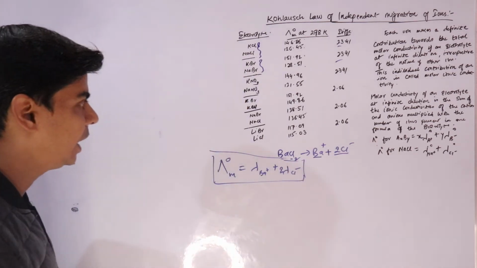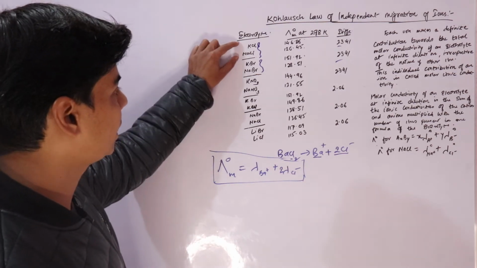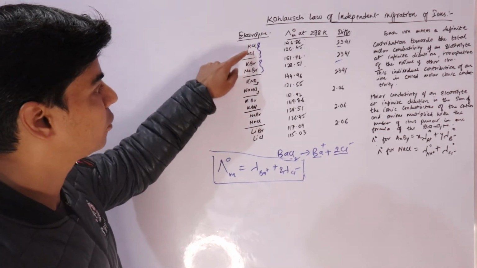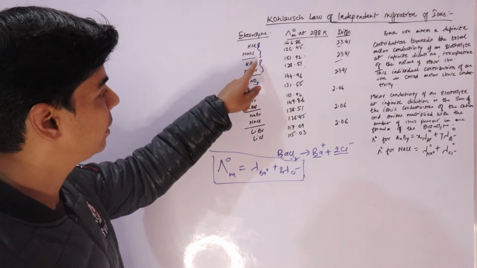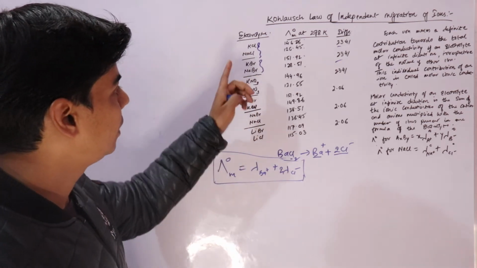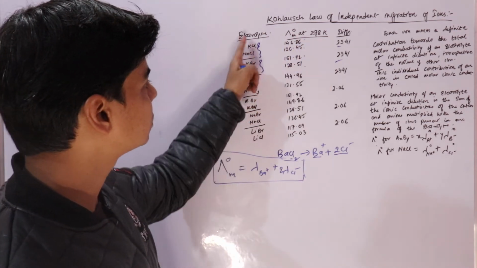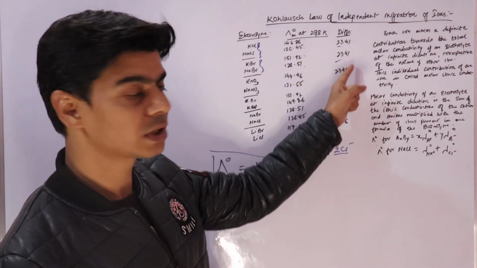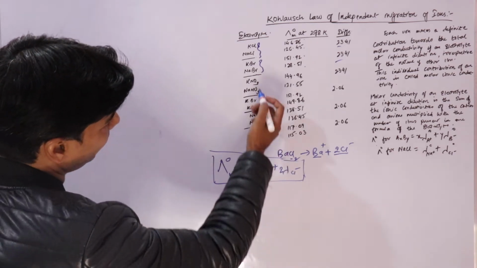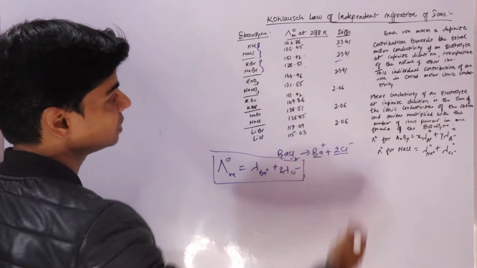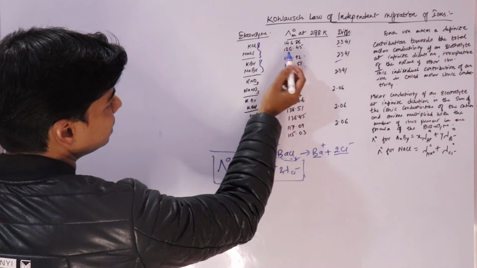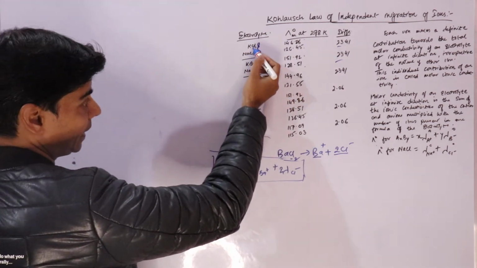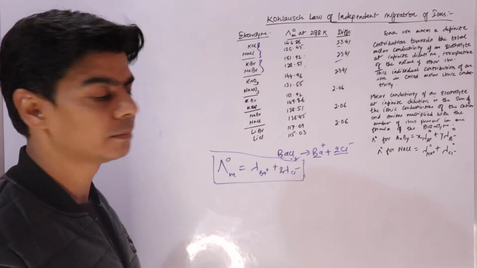So this is what Kohlrausch said. And he studied pairs of electrolytes like potassium chloride and sodium bromide, possessing a common anion. Here the common anion is chloride ion and here the common anion is bromide ion. When he calculated the molar conductivities of these electrolytes, he found that the difference comes out to be the same. So as per these calculations, it means that these molar conductivities don't depend upon the anion which is present, which is a common anion.